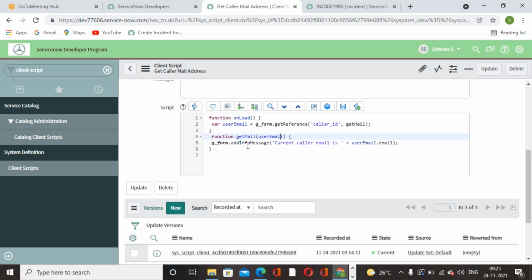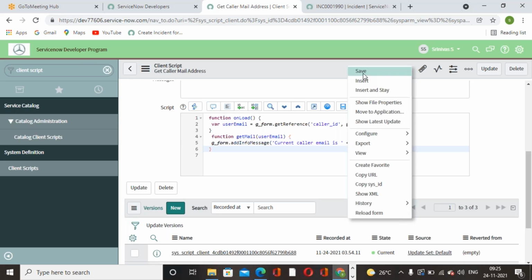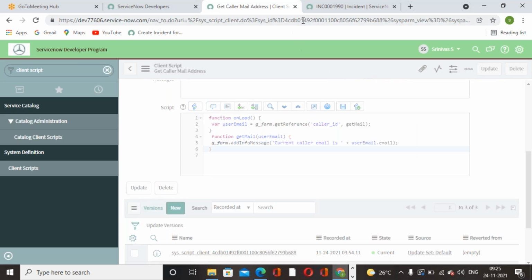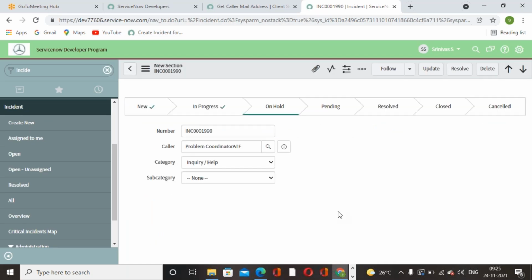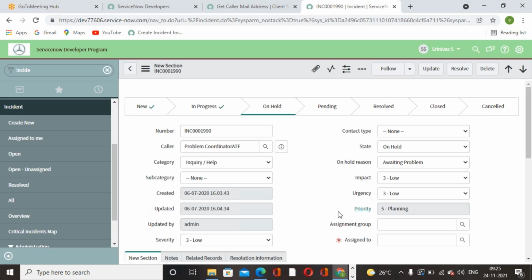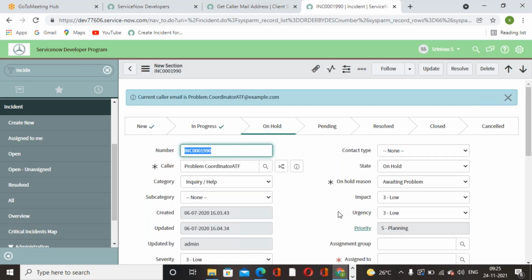So after that, I want to display the message: current caller email is, then user email. What is the callback function? It can be stored into this variable. Then I want to display the email address of the caller. Let me save it and reload the browser. Current caller email is